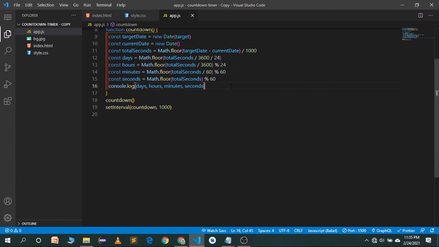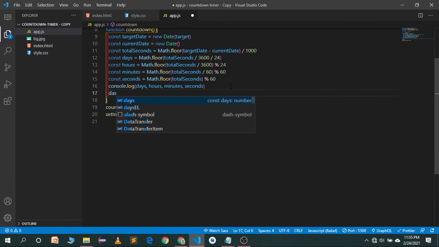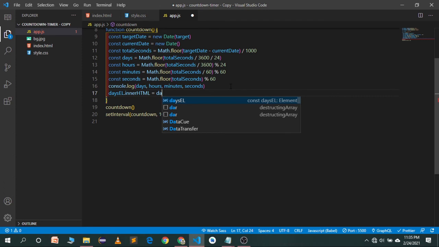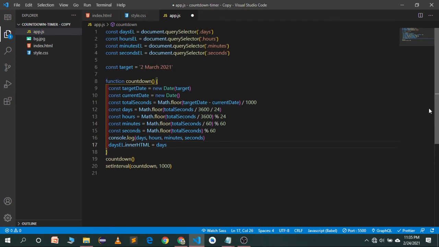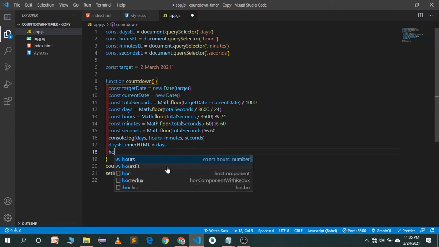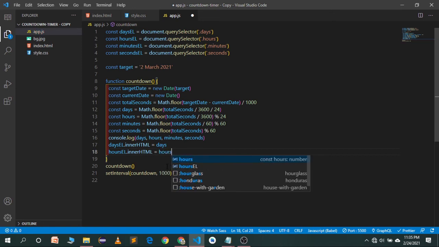So under this console.log, for the days element I will set the innerHTML to days, just days. So let's see if it's the same. Yeah. For the hours element we will set innerHTML equal to hours.